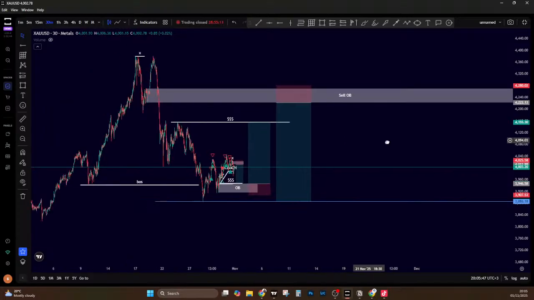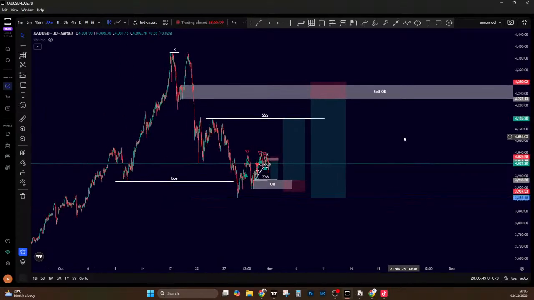I want to do the last analysis because it's already late. On index 100. Now index, no, not index 100, sorry, on